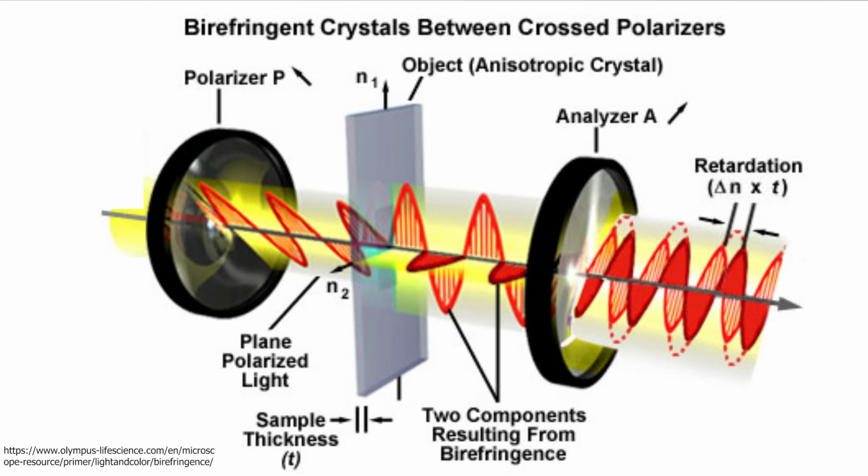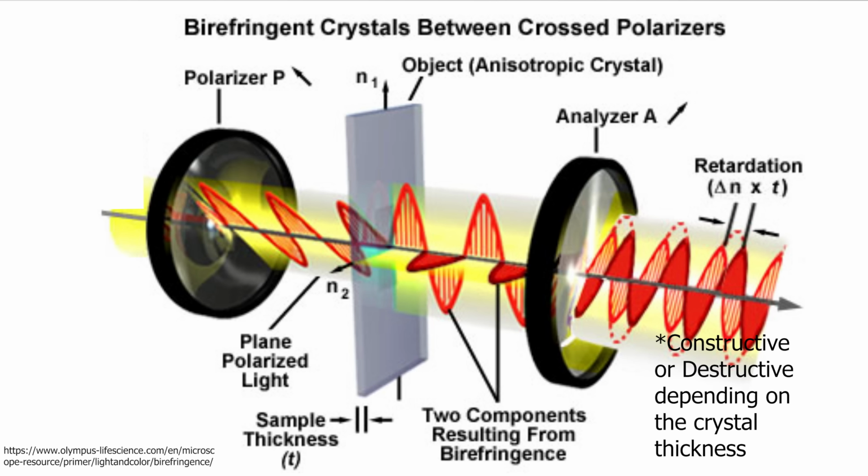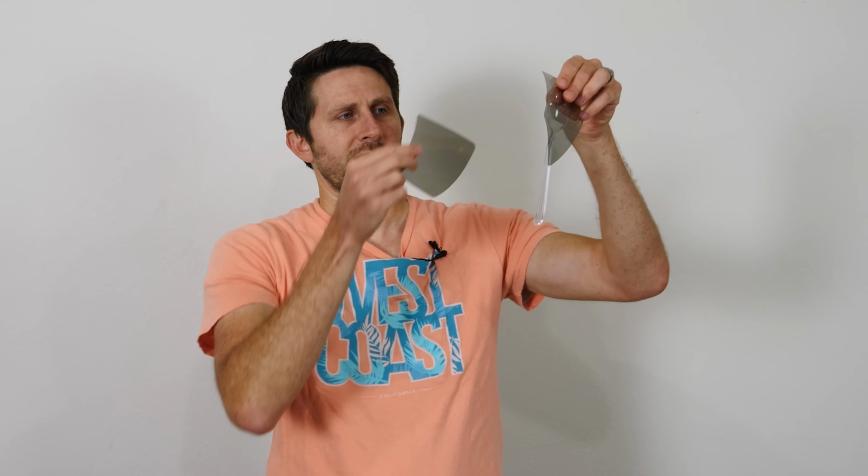But if I add another polarizer in there so that it lines up the polarization again, then the waves will completely overlap and they'll be in the same polarization now, so they'll destructively interfere with each other and we'll get no light. Actually, most plastics that we use are anisotropic as well, so birefringence occurs when you shine light on it. So if you take a plastic spoon like this and shine polarized light on it, so shine it through a polarizer, and then take another polarizer and look at the spoon, you're going to see light and dark patterns.